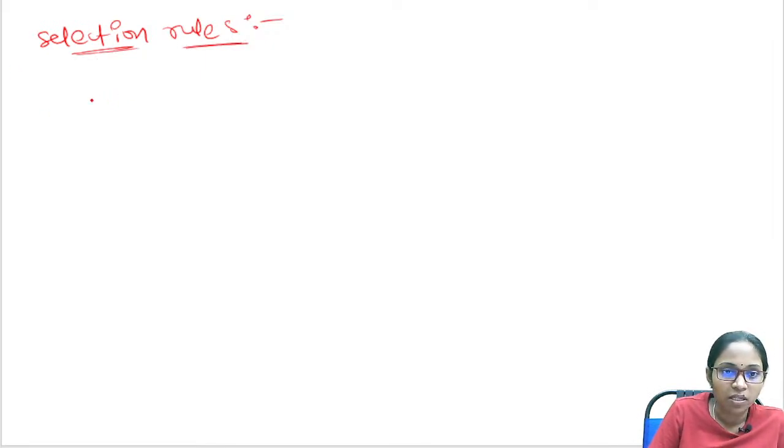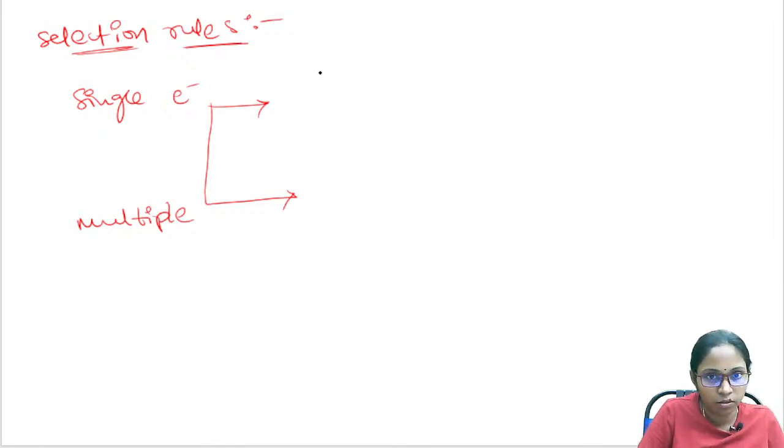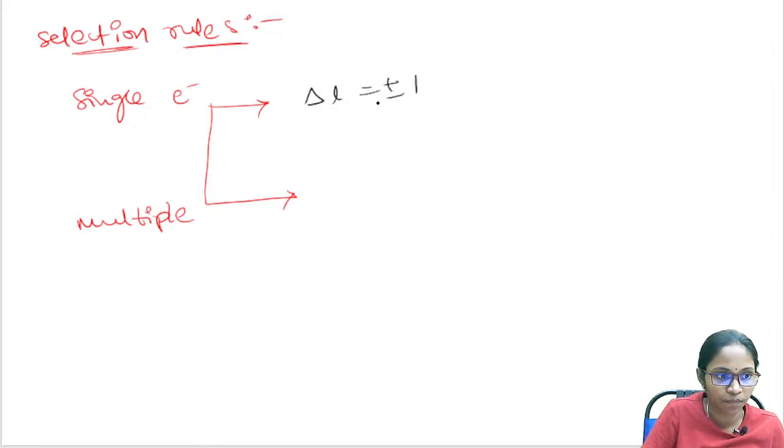If we have a single electron and multiple electrons, if we have more than one electron, then what will be the selection rules? Let's see. It's a very important one. The selection rules for a single electron are delta L equals plus or minus 1,